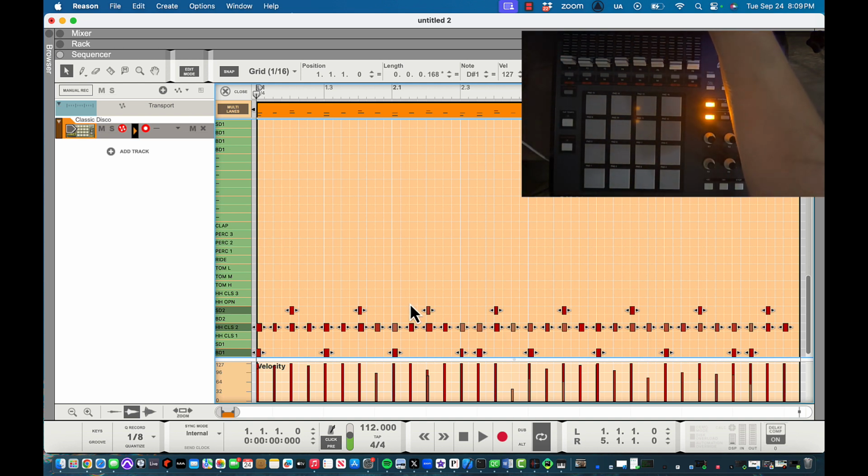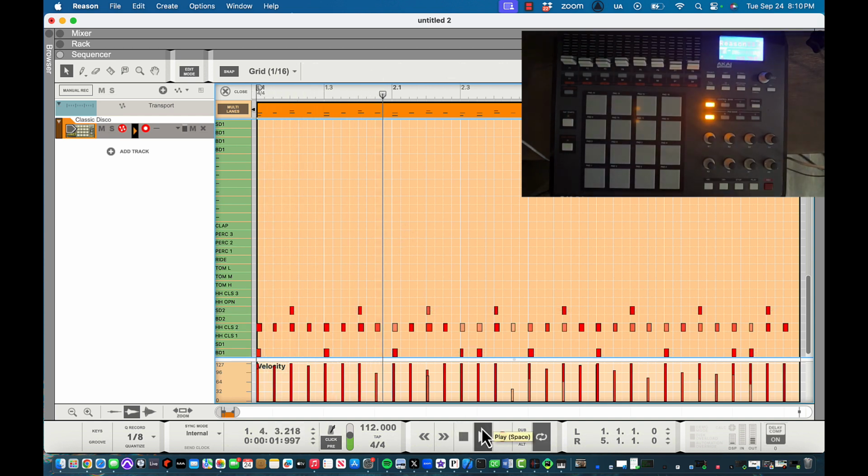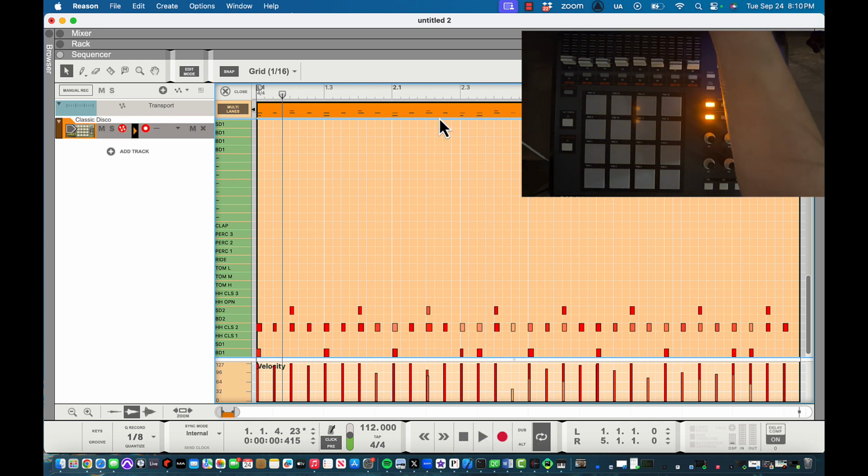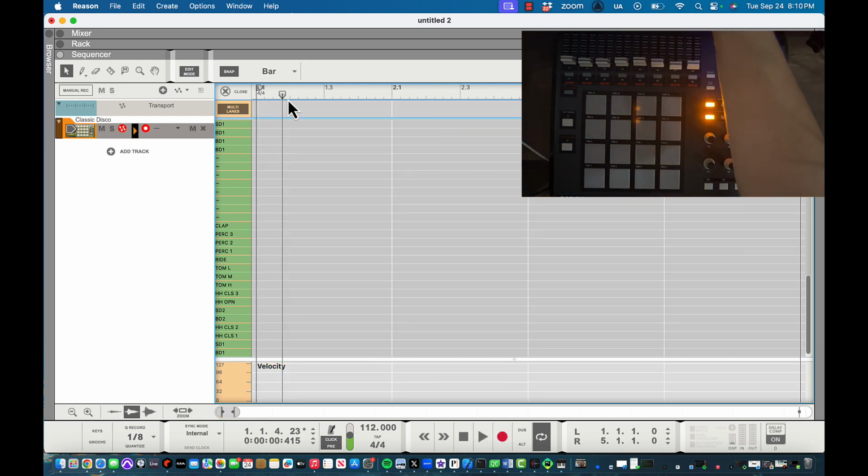So here I'm going to play a rhythm that was pre-programmed. And now I'm going to delete this whole thing, because what we're going to do is program a new beat with this edit mode. And then I'm going to set the click and